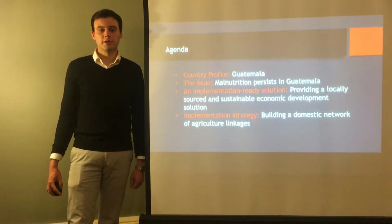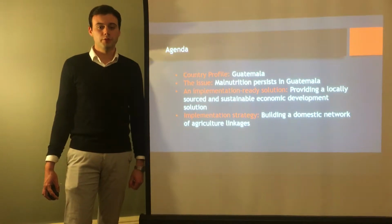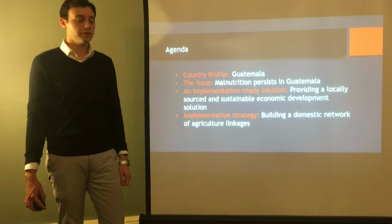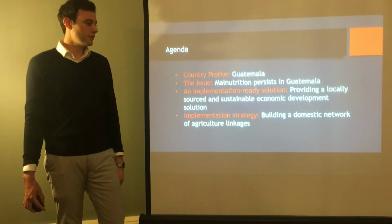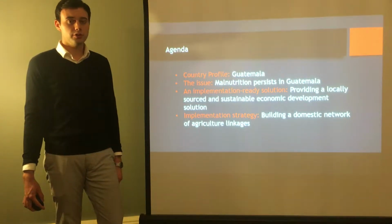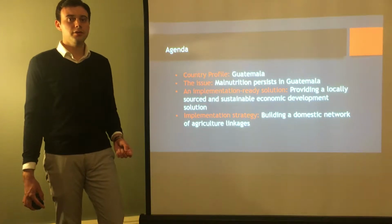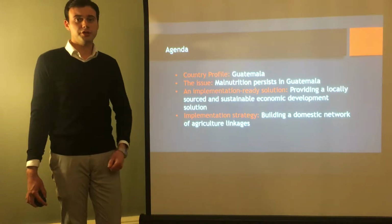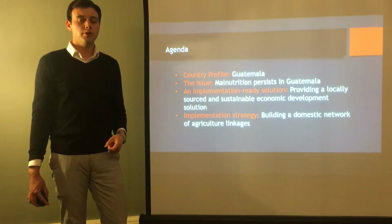So what we're going to look at today, we're going to look at the issue in Guatemala. Then we're going to look at what the actual malnutrition looks like in the region. Next, we're going to present an implementation-ready solution, which we believe can actually be delivered in Guatemala. We're going to go through the strategy in order to do this and show you why we think that this